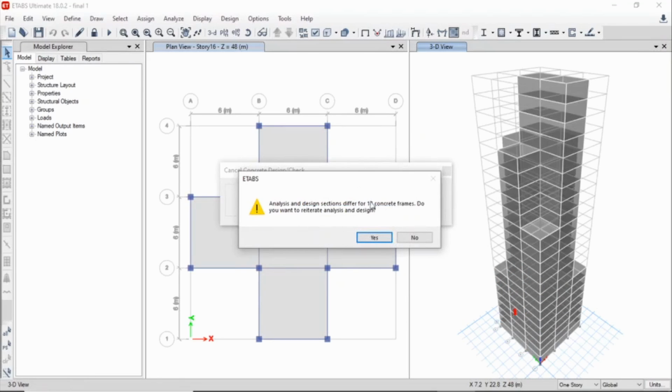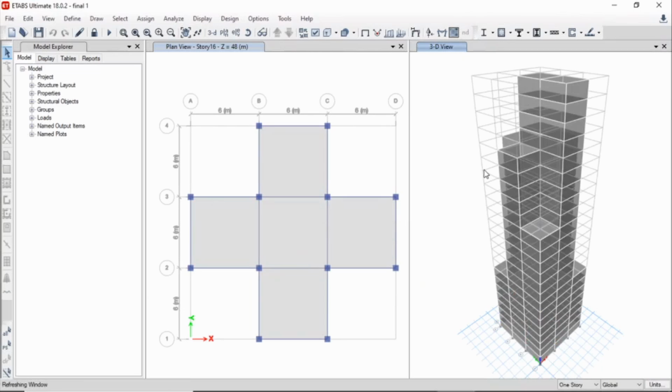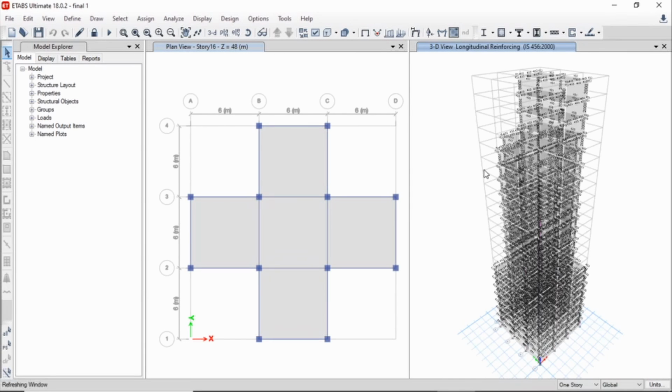So you can see it is showing that the 18 concrete frames we have to reiterate. So we'll click on yes. You can see in the 3D tab the longitudinal reinforcement has been displayed. So after check we'll go for